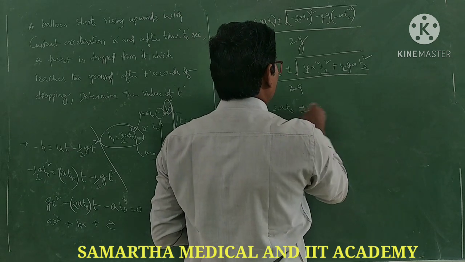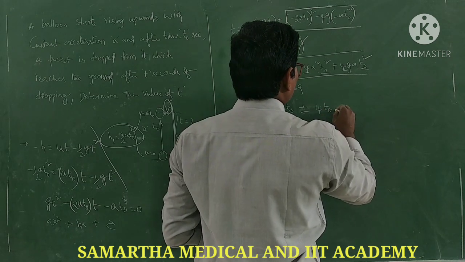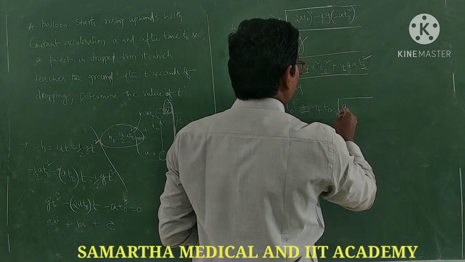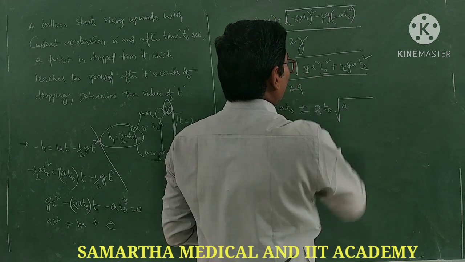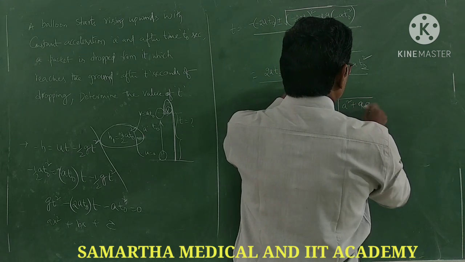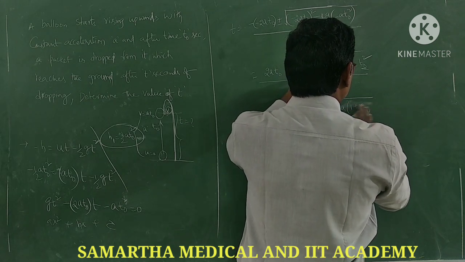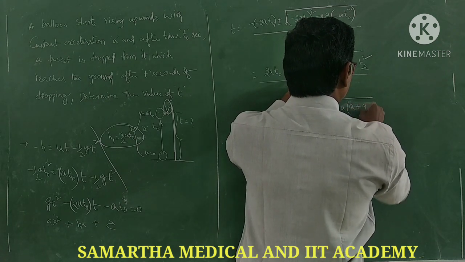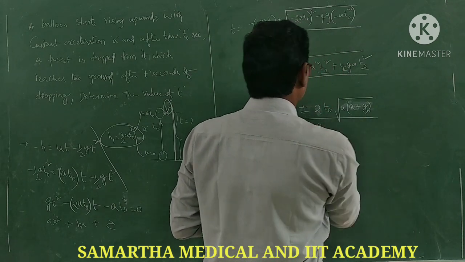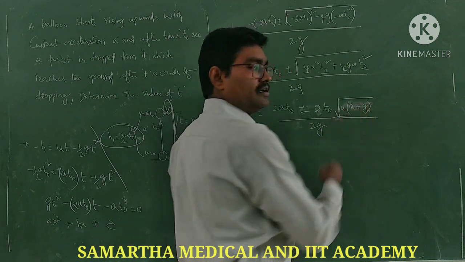2a t naught plus or minus 2 t naught, I will take out the root. Sorry, yes, 2 t naught I will take out. So what will I get? a square plus ag. I will take a common inside the root, so a into g plus a, by 2g. Individually you divide it by 2g. Understood? Clear?